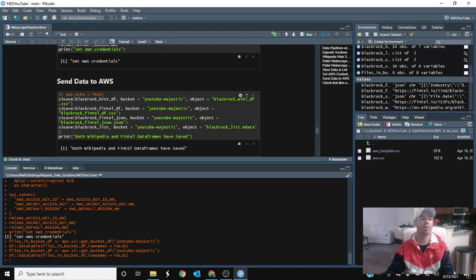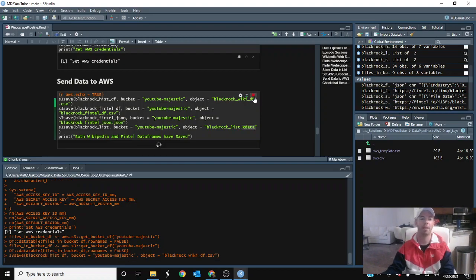Now let's save some stuff, right? So we're going to send this data to AWS. We're using this S3 save command. So it's agnostic of a read or a save like CSV, it's just saving whatever. So in this one, I'm going to save a data frame, the Fintel data frame, a JSON, and then I'm also going to save that list that we made, right? And I'm going to save that as an R data type. So the data frames are easy. It's just the CSV file, JSON as well. So those are all pretty straightforward, but I think this list one is pretty cool, especially if other people around you are using R. So if we actually run this,